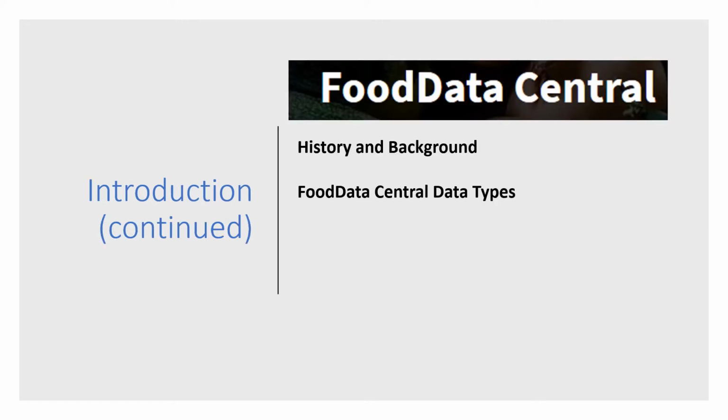A bit of history on the background of FoodData Central is that it was a means to bring together 5 different USDA websites and those data repositories together in a central location. So when you're searching foods through FoodData Central, your search is retrieving data from all 5 data repositories, and this also retrieves nutritional data. The 5 data types referred to from the USDA include foundation foods, which is nutrient and